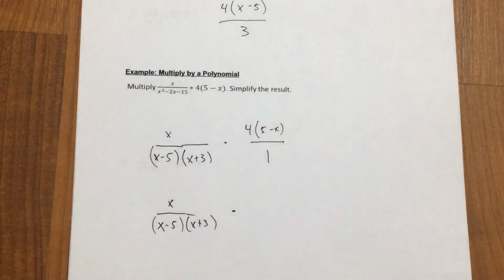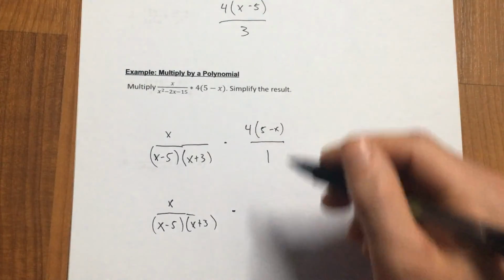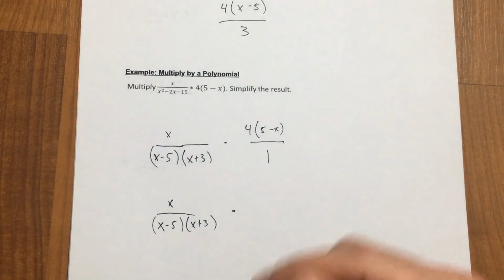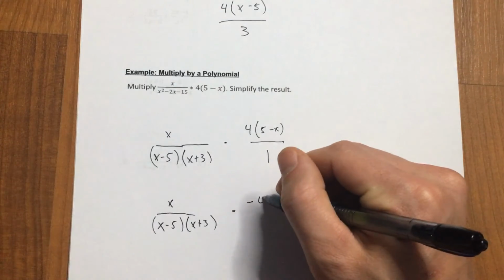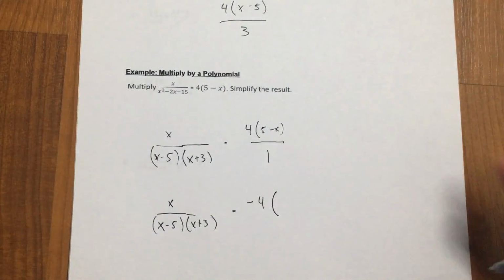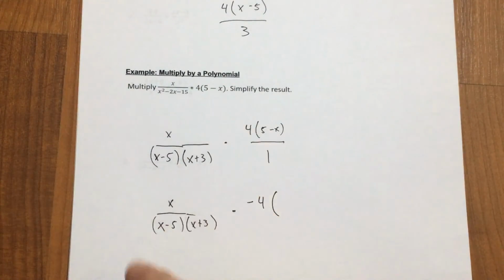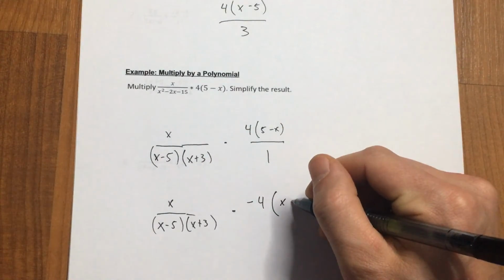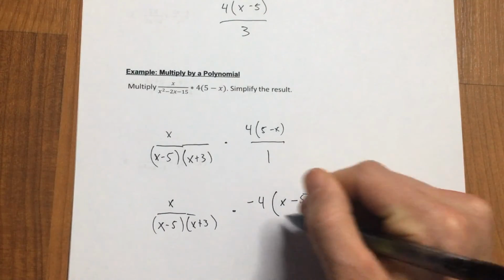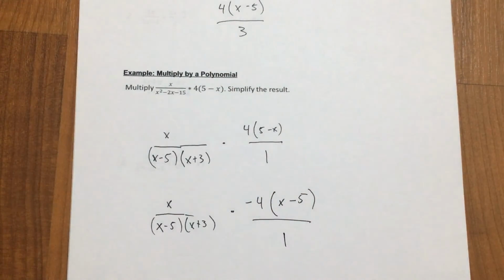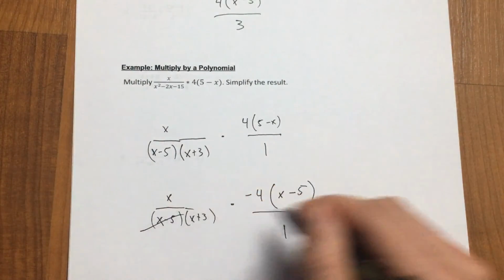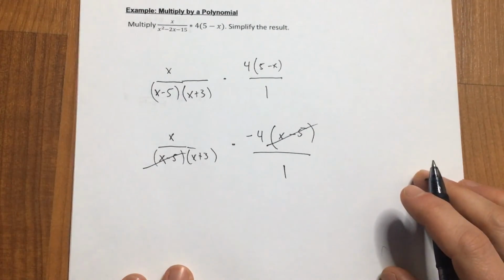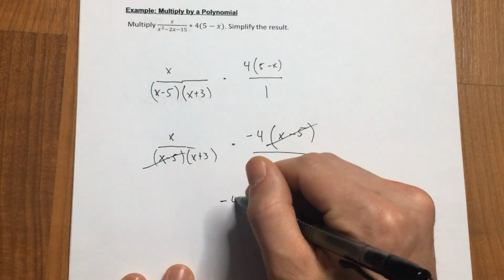How do you change the sign of something? You can multiply or divide by negative 1. If I divide by negative 1, or, in other words, factor out a negative 1, so I'm going to divide everything by negative 1. Well, if I divide everything by negative 1, that would change the sign. That changed the sign of everything. Now, those are the same. We can cancel each other out, leaving us with negative 4x